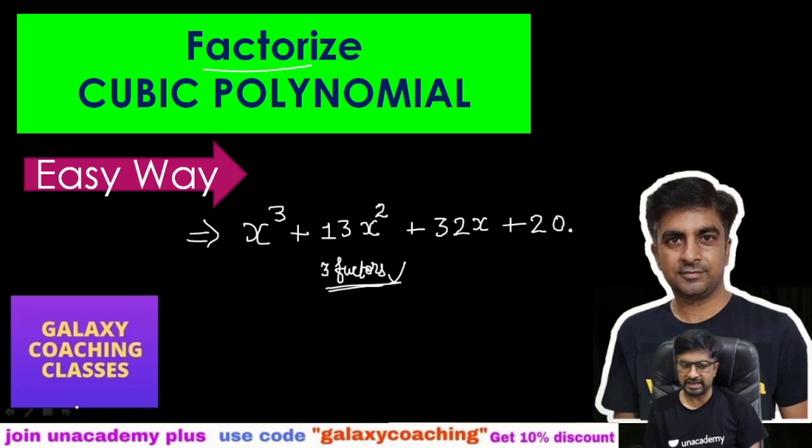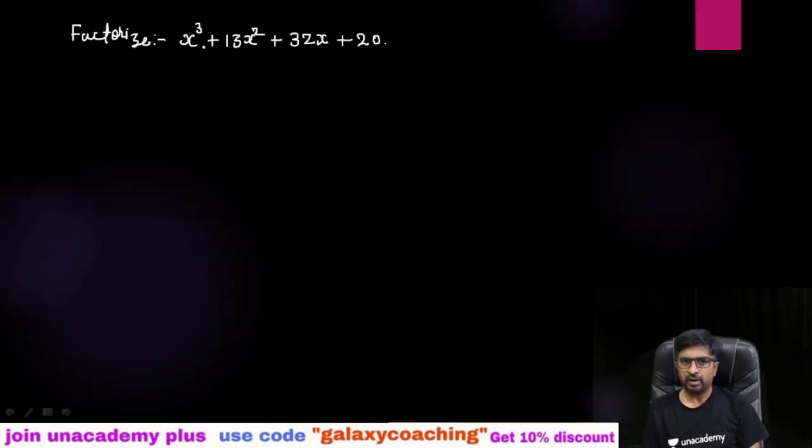Let me tell you, for class 9th CBSE, in this cubic polynomial, either x plus 1 will be a factor or x minus 1 will be a factor. Out of those 3 factors, they will compulsorily give you one, either x plus 1 or x minus 1. So how can we find out whether it is x minus 1 or x plus 1? For that, first of all we need to do addition of all these coefficients.